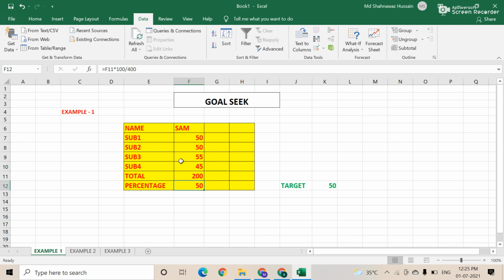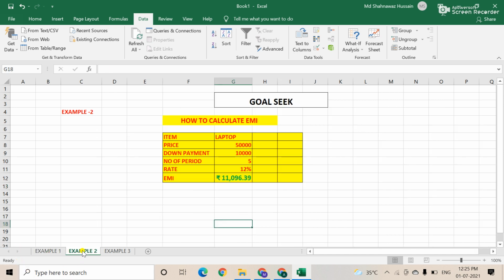And the second example we are going to explain. Here you see the second example. In this example we are going to calculate the EMI using Goal Seek. It is very simple. Here are some items, and the item is a laptop. The price is, suppose, 50,000.